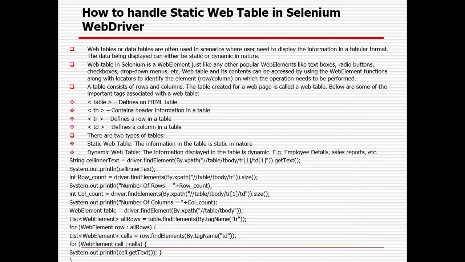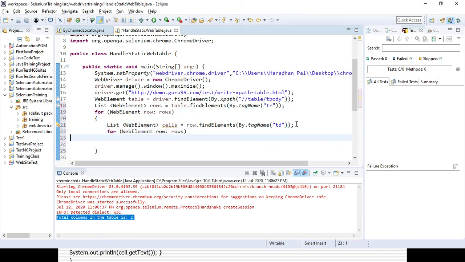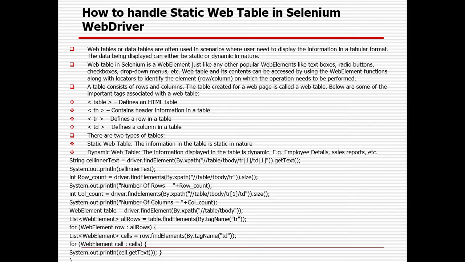I need to give WebElement cell, I can use new, what is cell, and here I need the cells previous variable, okay. And I need to print every value, okay.